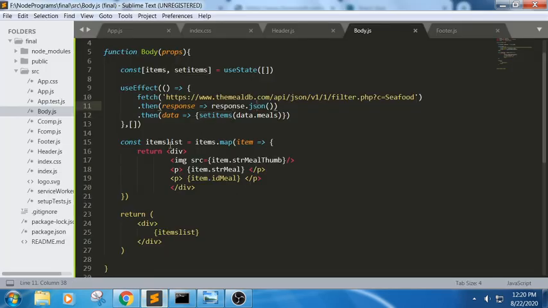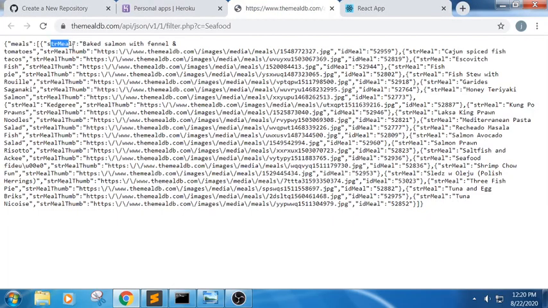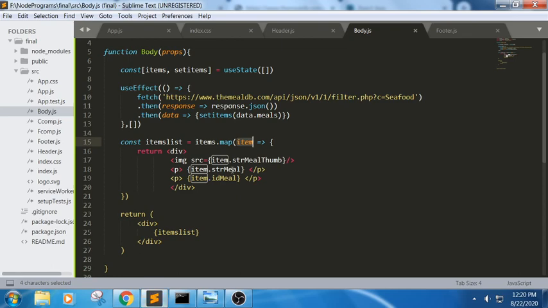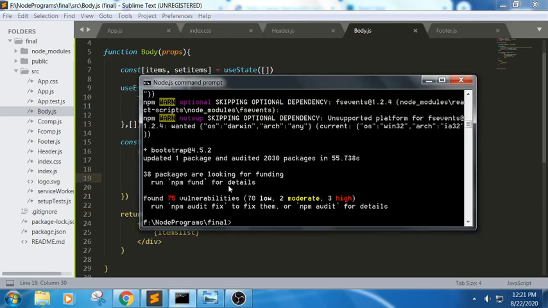Next, in order to read each and every item, in order to display every item, generally we can use a for loop. Here we have been using a map. In this map, item is a parameter, like we are trying to index each and every element with this API value, that is strMeal. Next one is idMeal. We are trying to retrieve only the name as well as the ID of it. First one is the image, next one is the name of it, and next one is the ID of that particular item. So we got it.